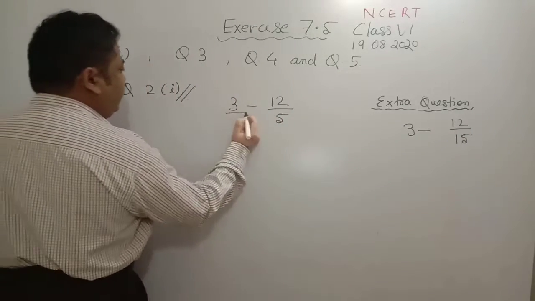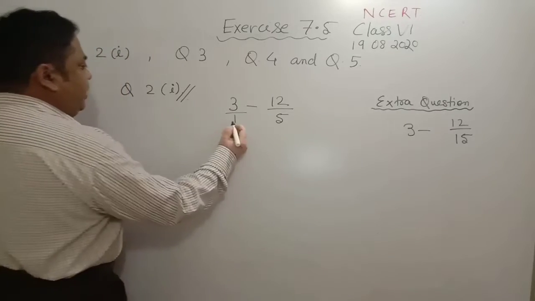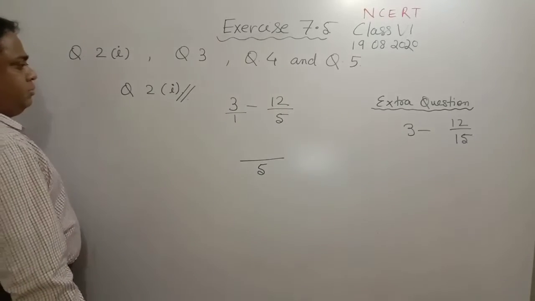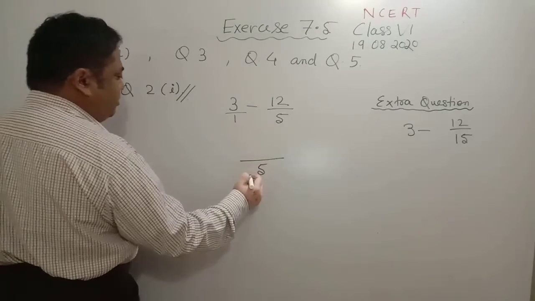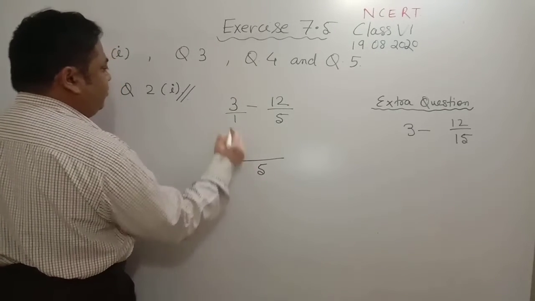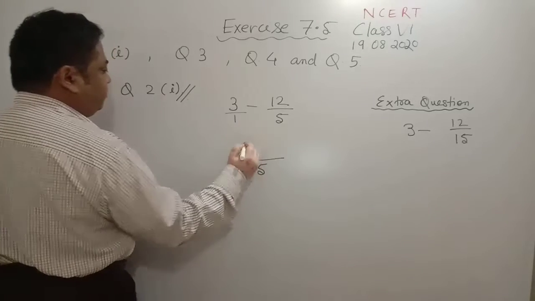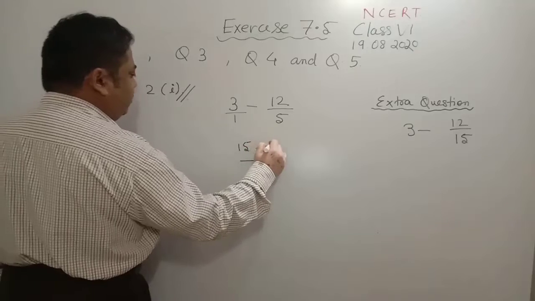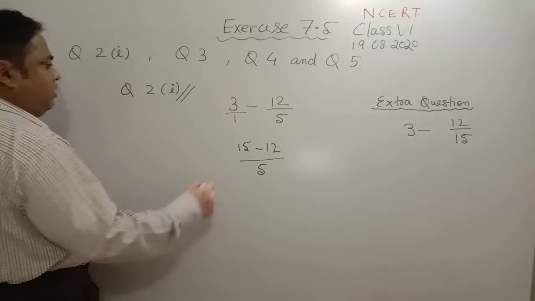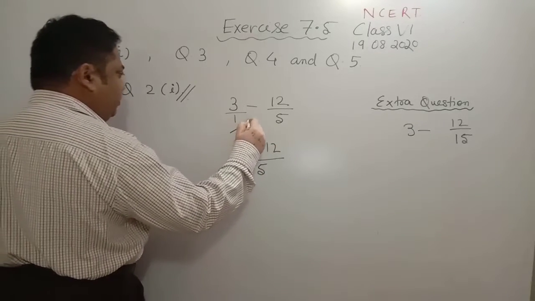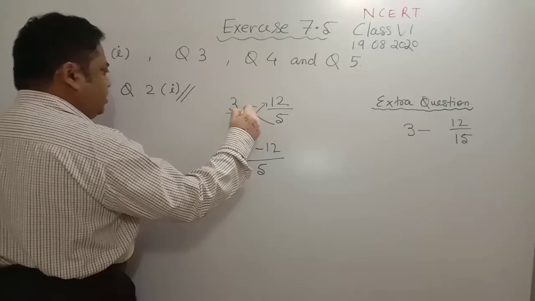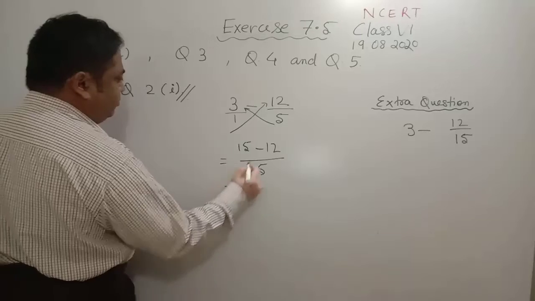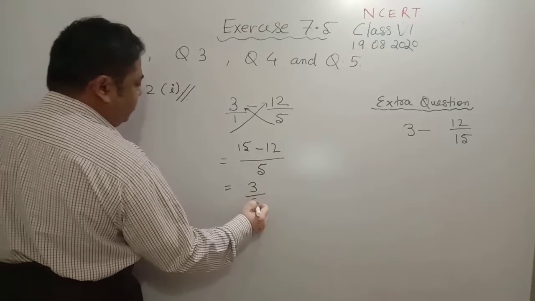In this case, we will take 1 over here as denominator. LCM of 1 and 5 will be 5. So this will become 1 5s are 5 and 5 3s are 15, 5 1s are 1 and 1 12s are 12. This is one way. Another way is that you can cross multiply, multiply this with this and this with this. Both ways you can do. So this will come out to be 3 by 5.